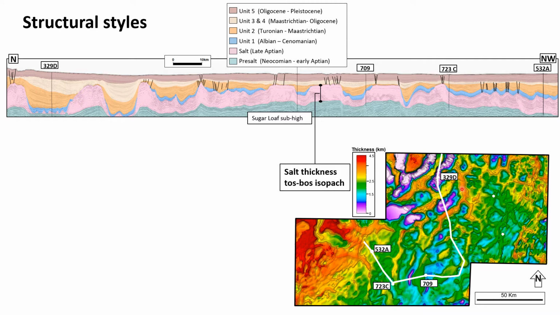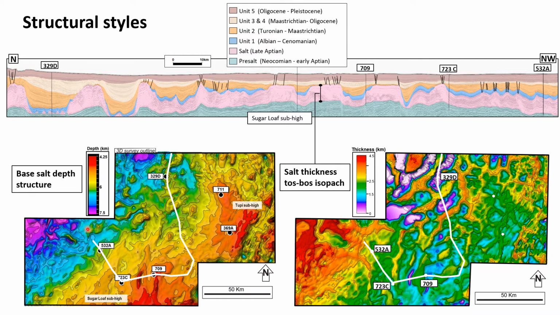Note the difference between a relatively more deformed area to the north and an area to the west of relatively less salt flow. This area of thicker salt corresponds to a structurally lower area in the base salt structure map. This map also highlights the presence of the Sugarloaf subhigh and the Tupi subhigh, where some of the wells are located. If we zoom in into this